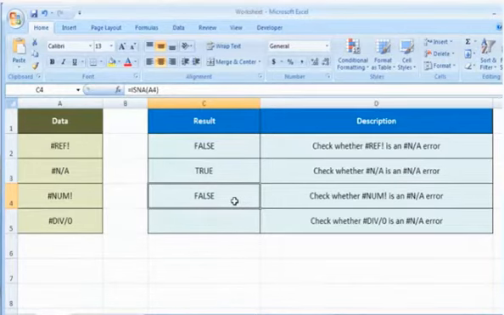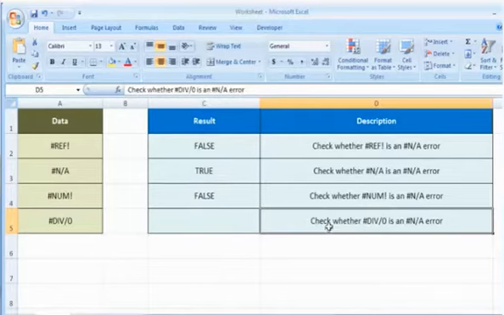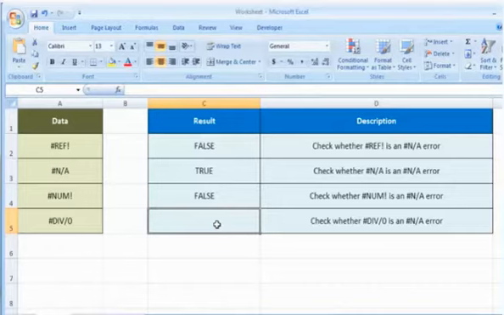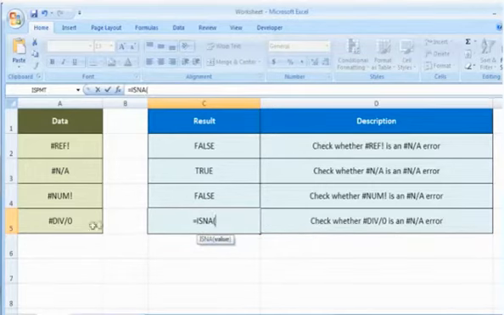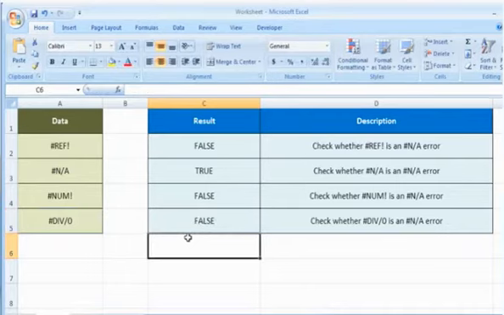error value. In the fourth example, let's check whether #DIV/0 is a #N/A error or not. To do so, select the cell where you want to get the function's result. Type equals ISNA, open parentheses, select the reference cell, close parentheses, and then press the Enter key. If it returns the logical value as FALSE, it means the value doesn't refer to the #N/A